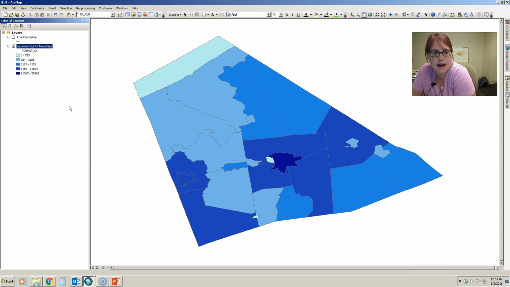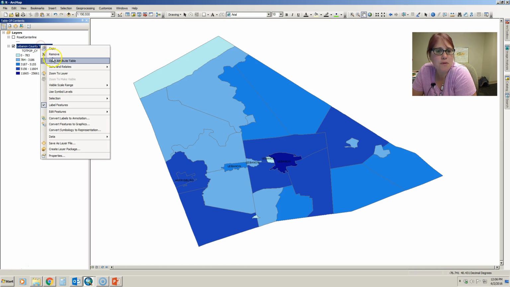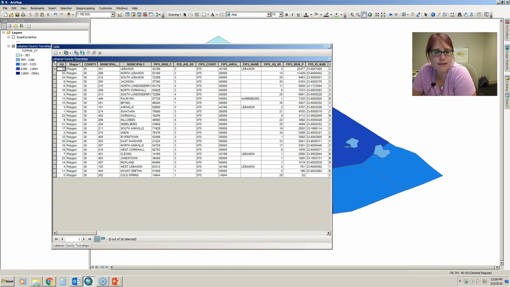It's being a little slow. But notice when the labels add, it kind of does something wacky. It's just labeling Lebanon and Harrisburg, which doesn't make much sense. If we open up our attribute table, what it's doing is picking the FIPS name to label, and it's labeling